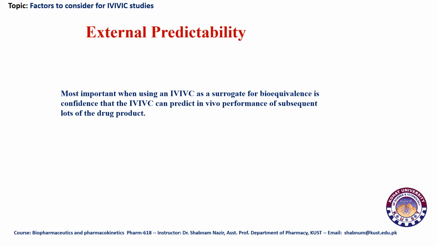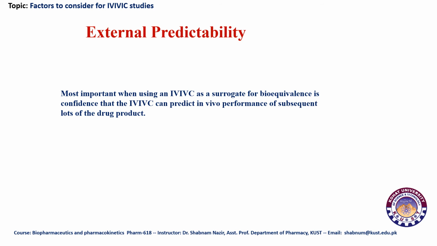Most important when using an IVIVC as a surrogate for bioequivalence, as we already discussed, the ultimate goal of IVIVC studies is to attain a point when you are able to assess various dosage forms and the profiles of their in vivo behavior on the basis of already conducted in vivo in vitro correlation